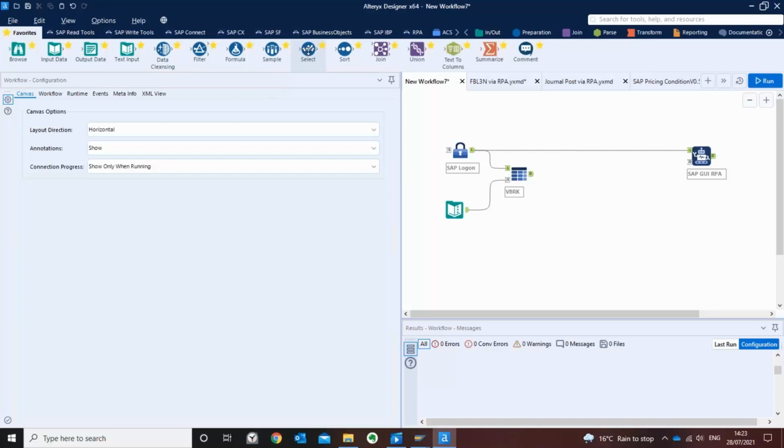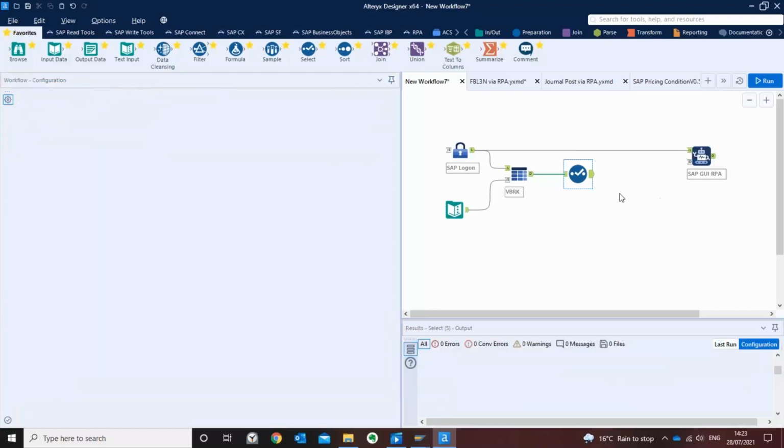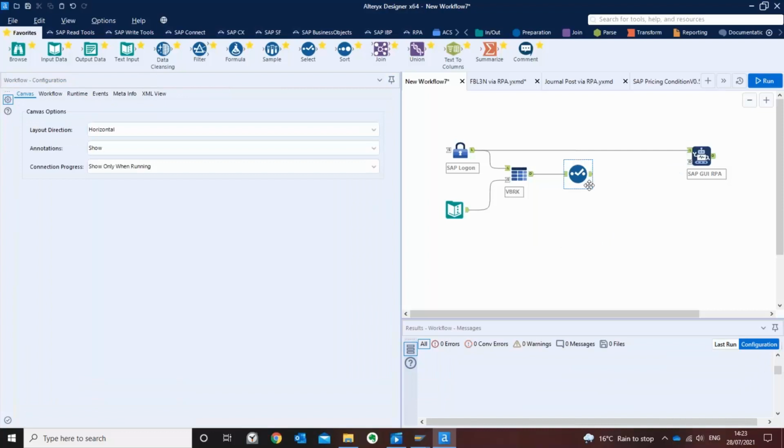Now, one last thing, well, a couple of last things actually. We're just going to put a selection tool. This is a standard Alteryx selection tool. And you can see that the SAP technical name here is going to be used, but I want to rename that. So if you remember, we use BillDoc as our parameter. So now when we feed this data into our robot, the RPA tool will understand exactly what we're trying to